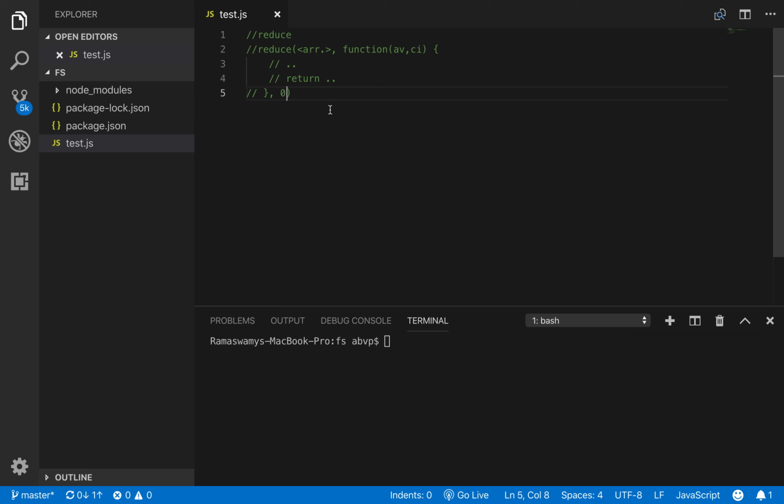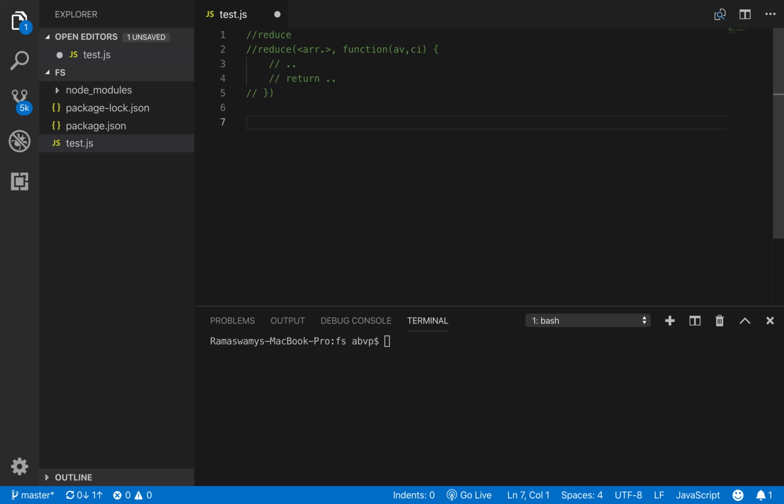Now, if a third argument is not passed, by default, the value of AV will be the first item of the array passed to reduce. So this is the signature or the syntax of the array function reduce.